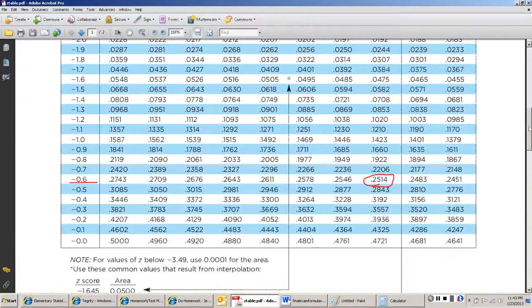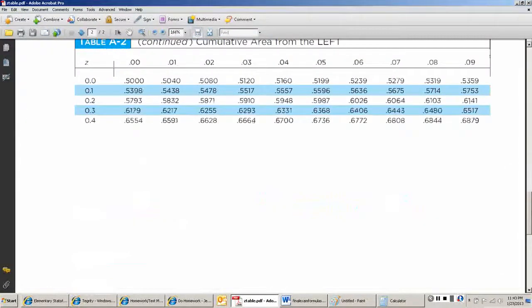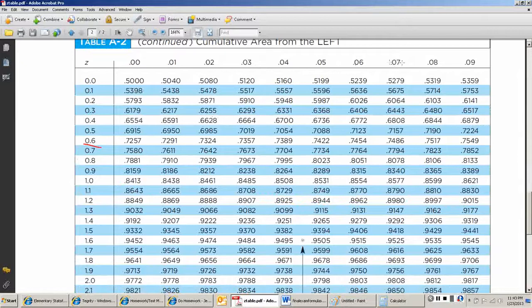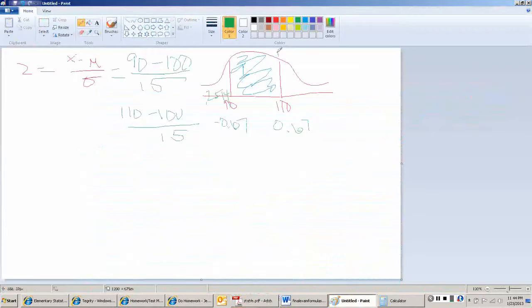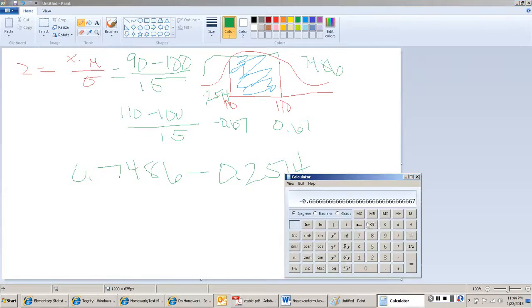So I'm going to look up 0.67, so I'm going to go down to the next page. There's 0.6, there's 0.7, where they come together, 0.7486. So this whole area here to here is 0.7486. So to find this, I'm going to do 0.7486 minus 0.2514. So I'm just subtracting these two to get that middle area I want. So 0.7486 minus 0.2514,